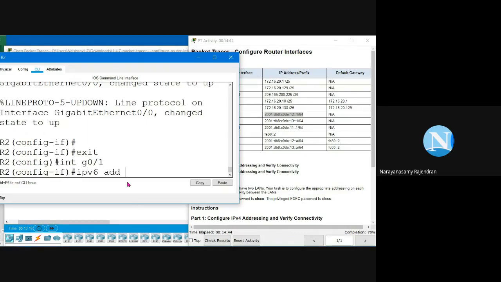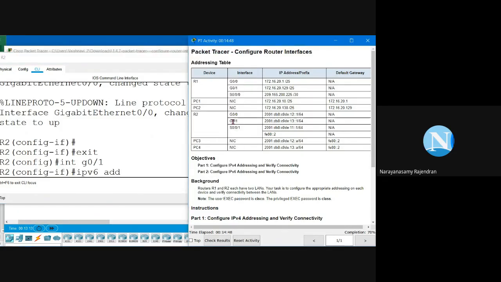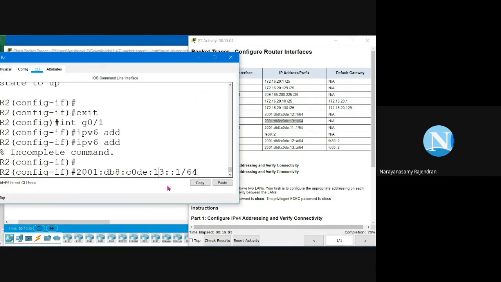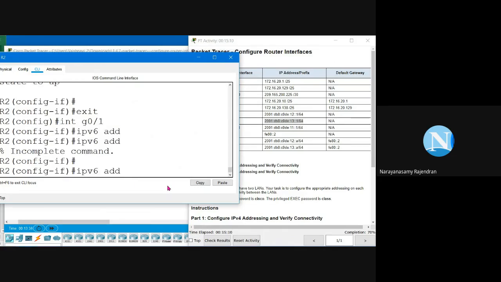Type ipv6 address. Configure or copy the IPv6 address of interface G0/1 of router 2. So this is the address. Copy this, Control C, and then paste it. See, this is a mistake. Sometimes a mistake occurs like this. I can manage mistakes like this.